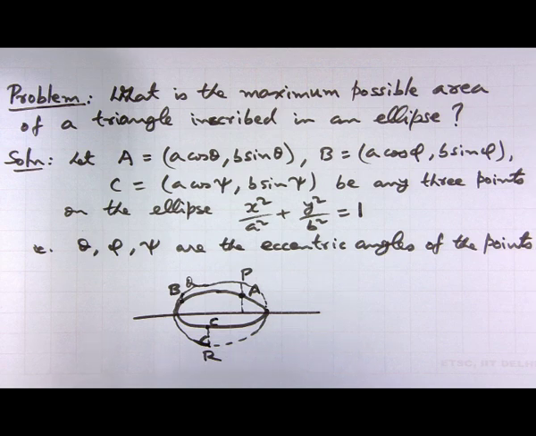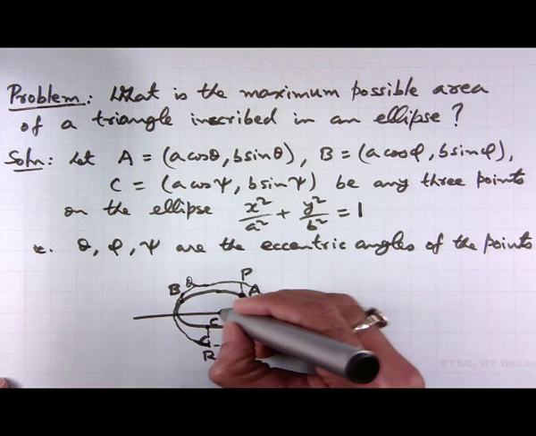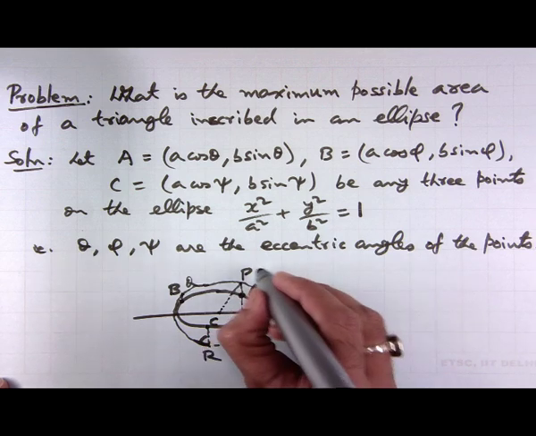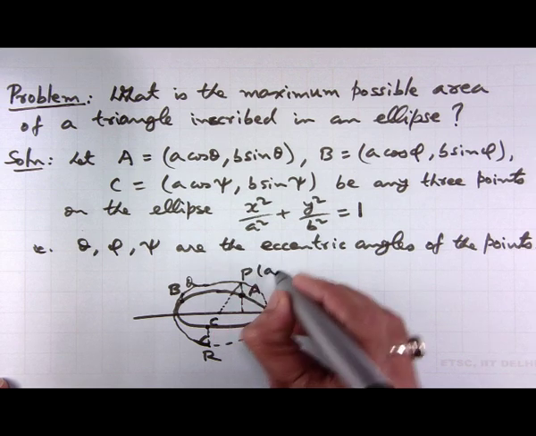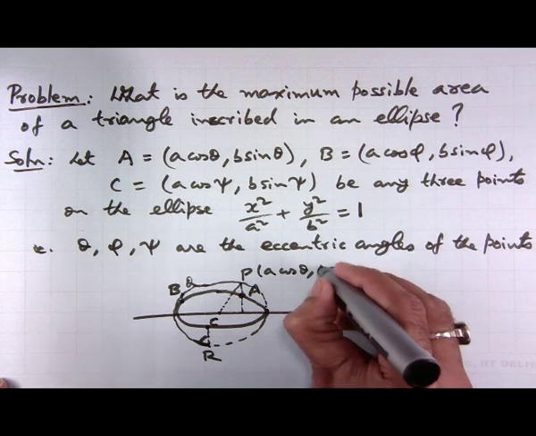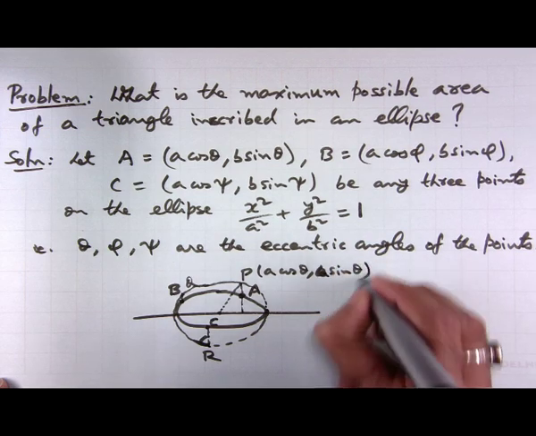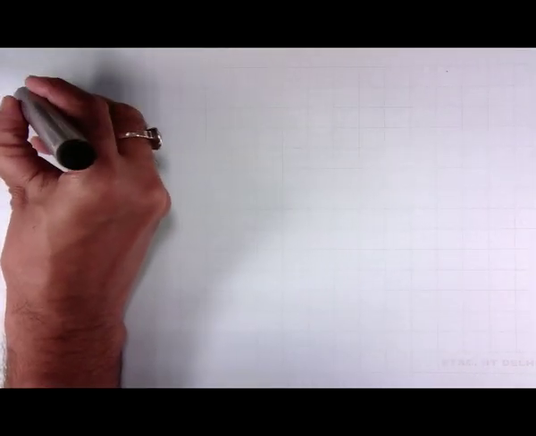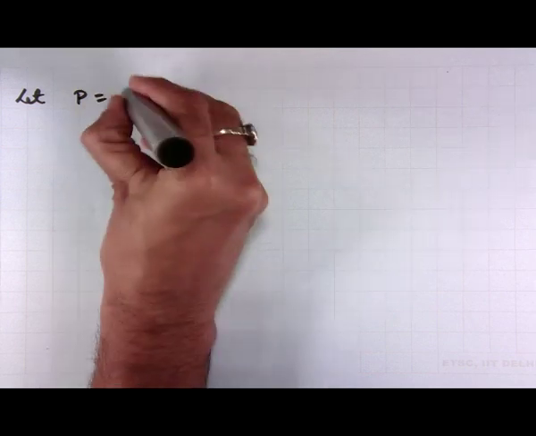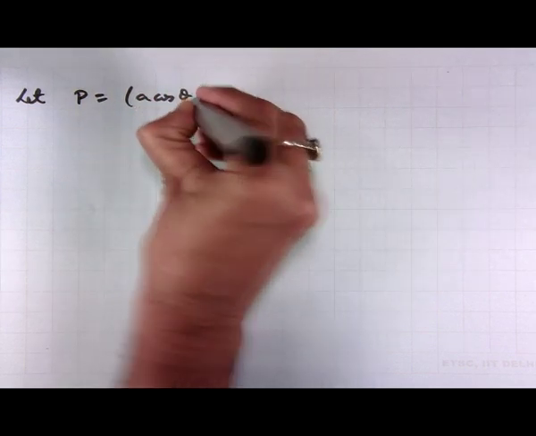So, this theta, phi and psi are actually the angle of the point P. So, P is the point A cos theta, B sin theta, sorry, A cos theta, A sin theta. So, let me write it on the next page. So, let P equal to A cos theta, A sin theta,